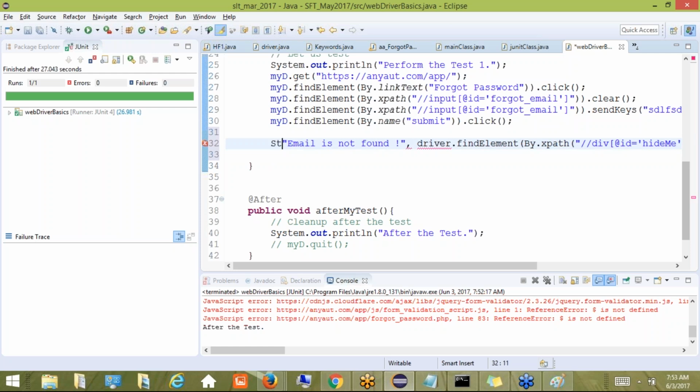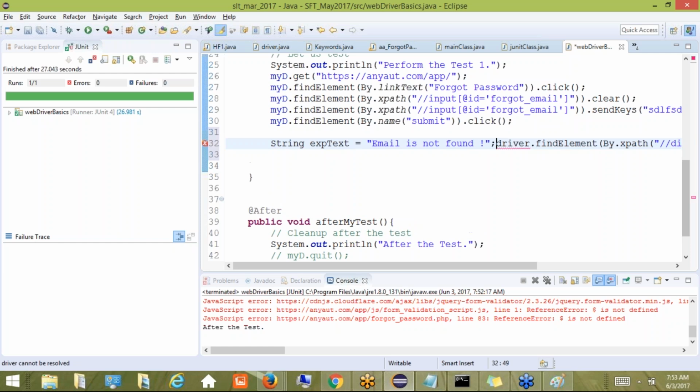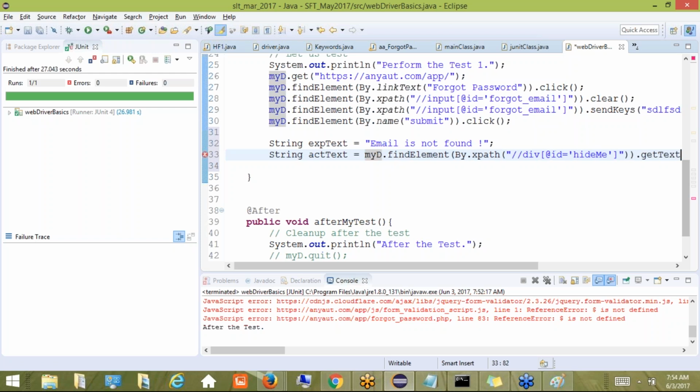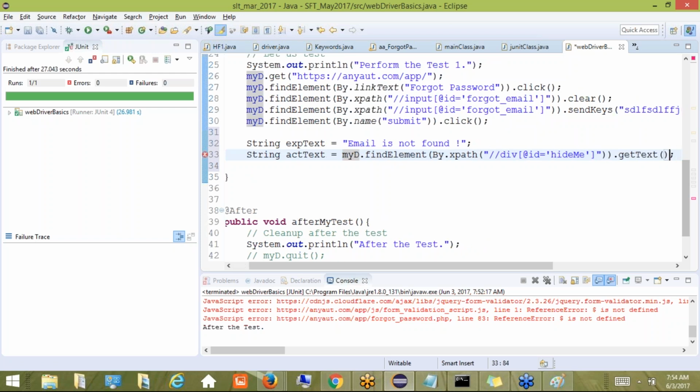Now, I will say this is a string called expectedText equals this value: "Email ID, email is not found." Now, I'll say another string, actualText equals driver.findElement. Why is driver a red line? Because we called it myD. I need to continue with By.xpath, and the method we're performing is getText. What getText does is it returns the text that is present in the element found and puts it into this